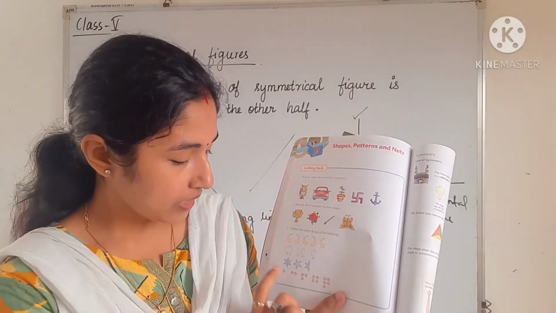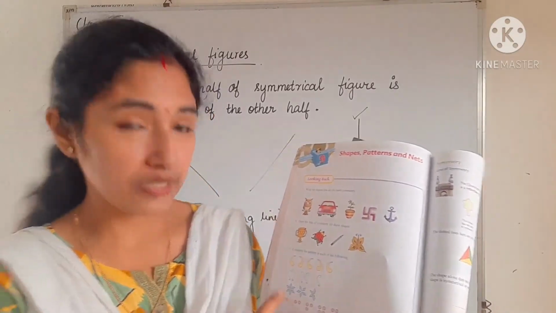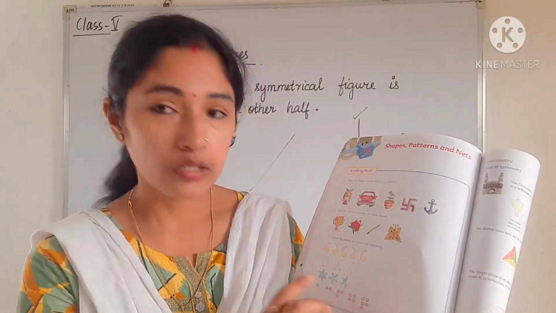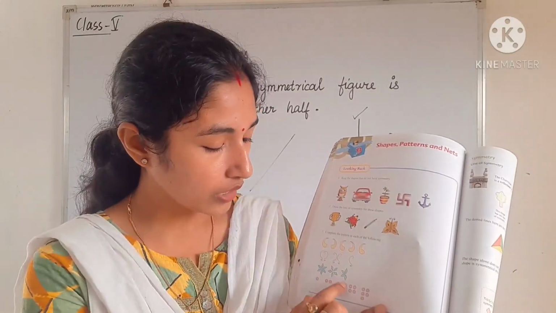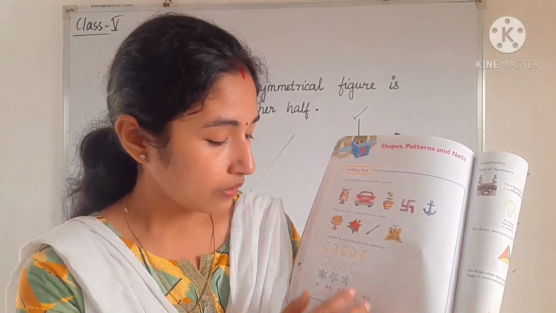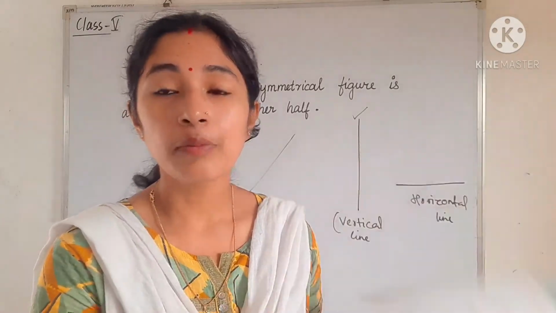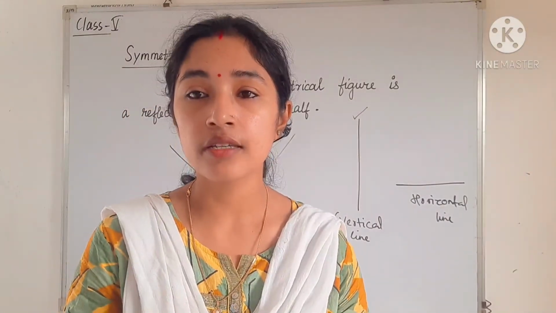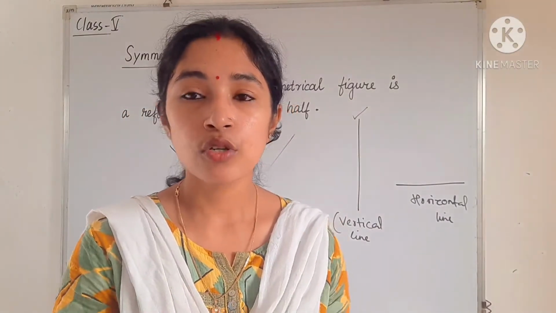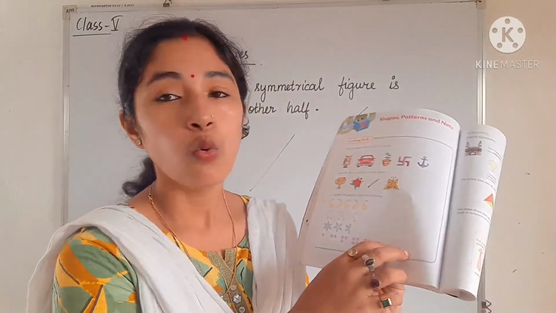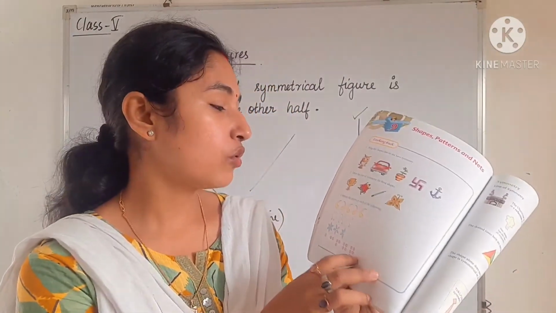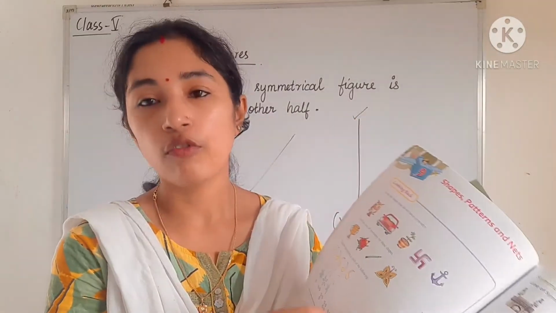Similarly, in the last one you can see one pink circle is there. In the next one there are two pink circles. In the next one again three pink circles are there. So the number of circles is increasing by 1 every time. So in the last case you have to draw one more circle. You have to complete the pattern.